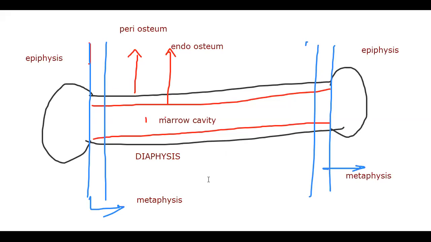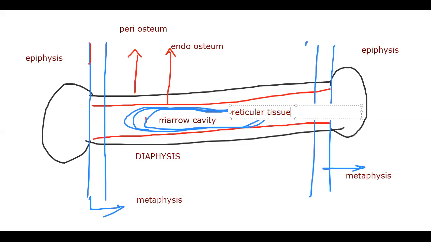Then we need to go into a little more detail about the labelling. The lining of the marrow cavity, if I remind you, is reticular tissue, isn't it? We learned earlier that the framework of lymphoid organs like bone marrow is made of reticular tissue. So by taking this chance, I am showing everything to you.